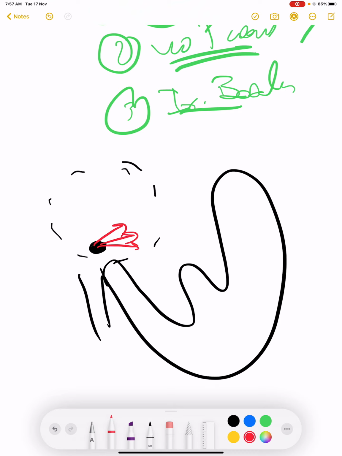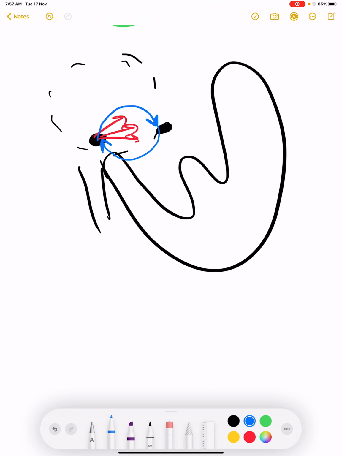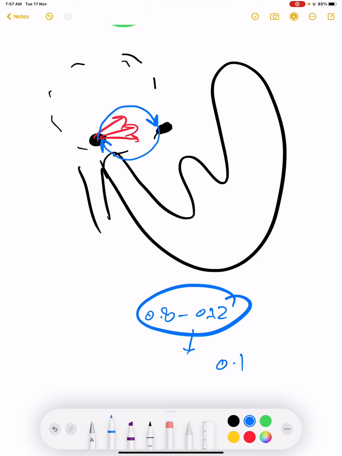And according to one model which explains the electrophysiology of atrial flutter, it generates an impulse, it reaches the AV node, and then there is a re-entry circuit which has been developed. As I told you, the normal length of the P wave is 0.08 to 0.12 seconds. So on average we can take that normally the P wave takes 0.1 second to reach the AV node.